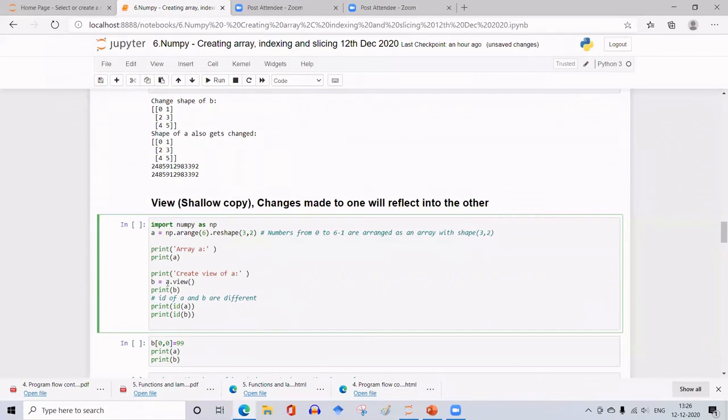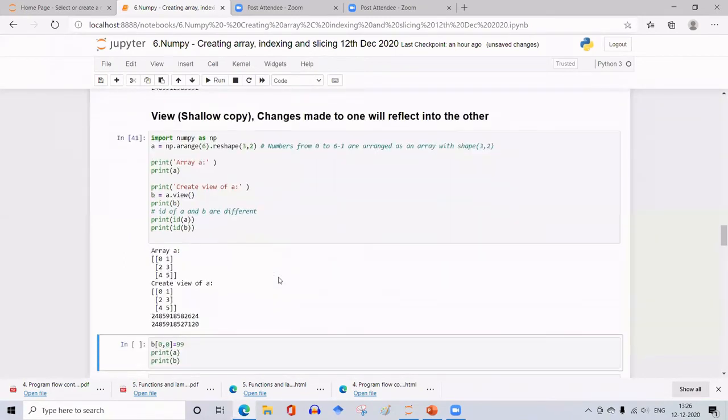Now I will create a view of this A and designate it as the array B. Now our array B is A.view(). If I print B, I must get the same thing. So array A is this and the viewed array is this.